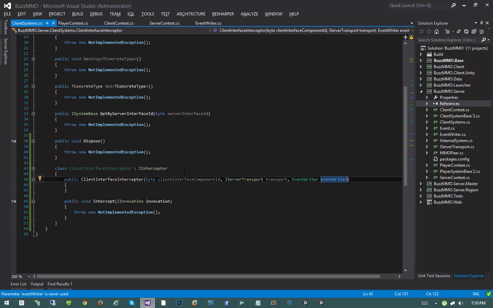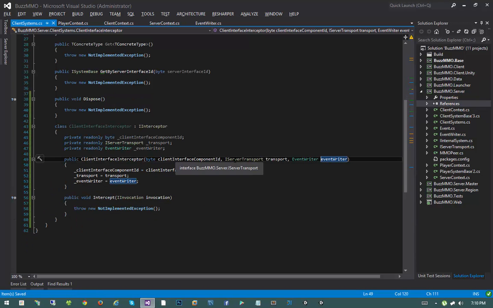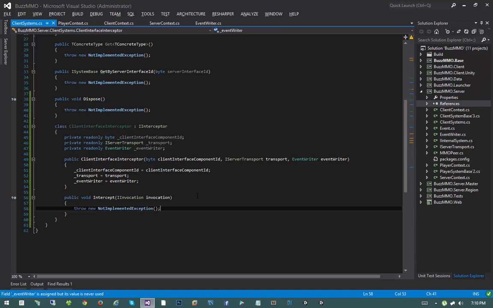And I think with those three things, we should get away with this. Okay, so I'm going to go ahead and alias these all out into private fields. So we just store the client interface component ID, the transport, and the event writer. So in the intercept method, all we need to do is invoke a method on the client. So I'm going to say transport.sendData,